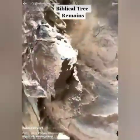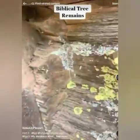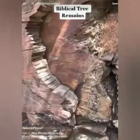Therefore, thus saith the Lord God, because thou hast lifted up thyself in height, and he had shut up his top among the thick boughs, and his heart is lifted up in his heights, I have therefore delivered him into the hand of the mighty one of the heathen. He shall surely deal with him. I have driven him out for his wickedness, and the strangers, the terrible of the nations, have cut him off, and have left him unto the mountains, and in all the valleys his branches are fallen, and his boughs are broken by the rivers of the land, and all the people of the earth are gone down from his shadow,